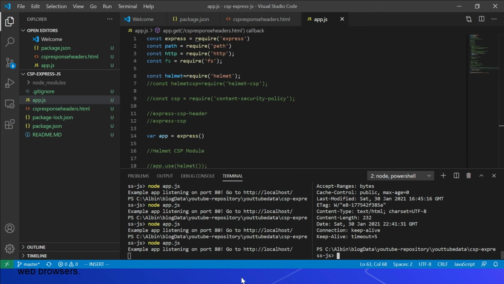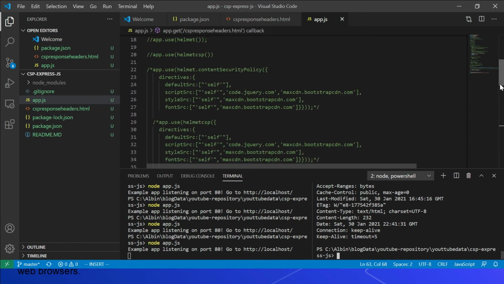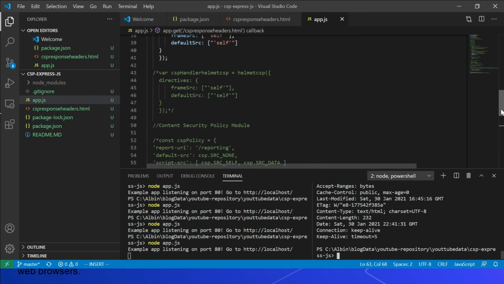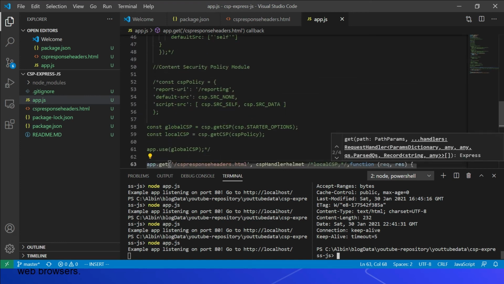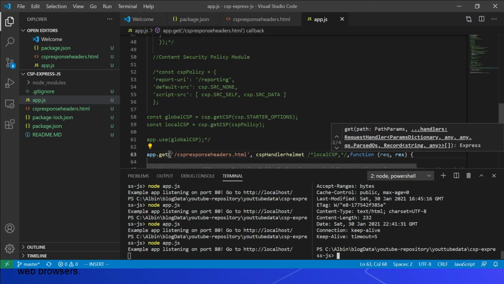As a next option, other CSP modules can be used to enable the CSP configuration. One example is the content-security-policy module. So I am defining this csp. Then, same thing, you can define a global configuration or a route specific configuration. So that is over here. Yeah, the CSP policy: you can specify all these directives, defaultSrc, scriptSrc. There are some default variables you can use, and you can even use your own URLs. Here we are defining the global CSP. It's the CSP.STARTER option, a default one. Also the local CSP, which we defined here. If you see here, again app.use, we are using the global CSP.